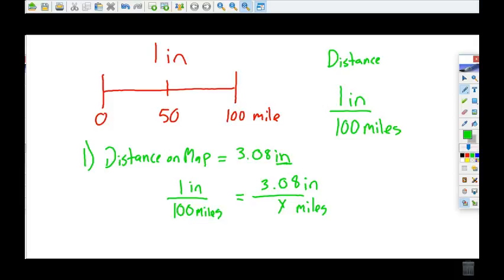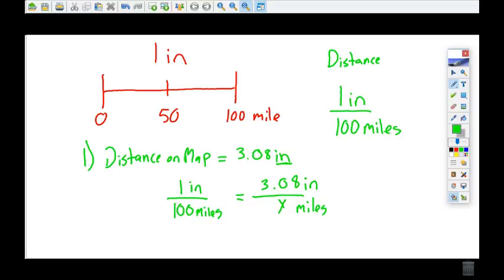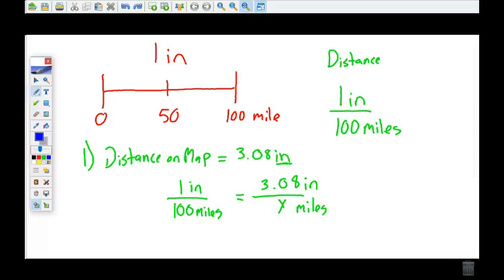Now, to solve this, we're going to use our old friend, the cross product. The cross product means that we are going to multiply the values from the numerator and the denominator on opposite sides of the equation. So in this case, we take 1 inch times x, and on the right-hand side, we're going to have 100